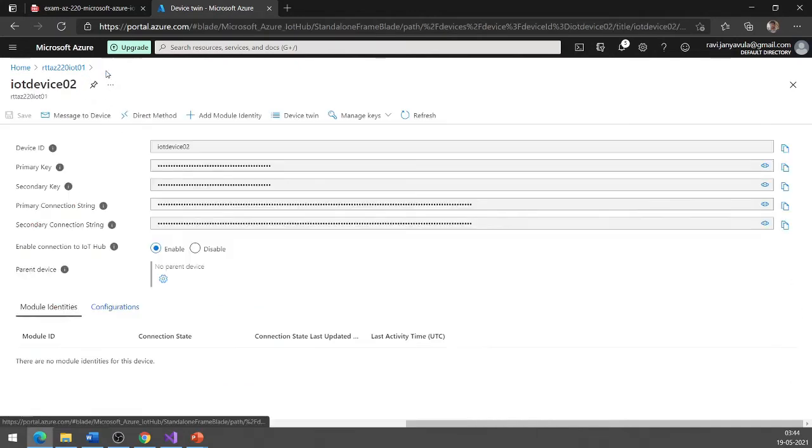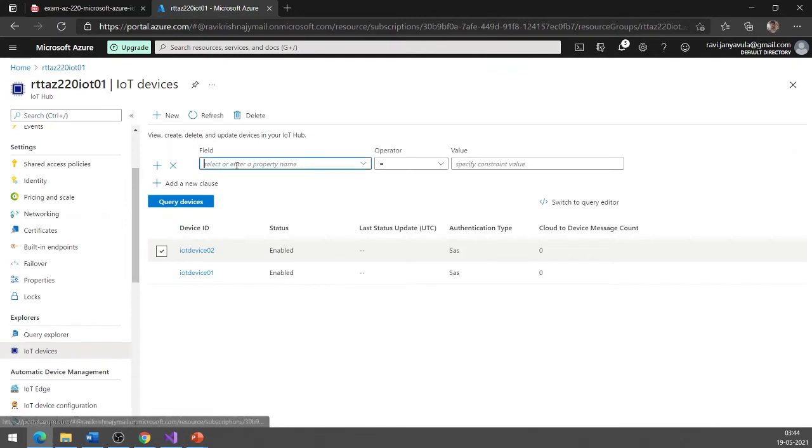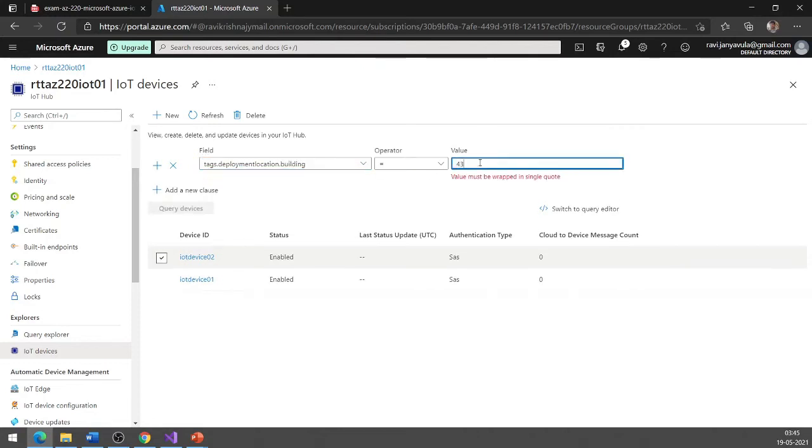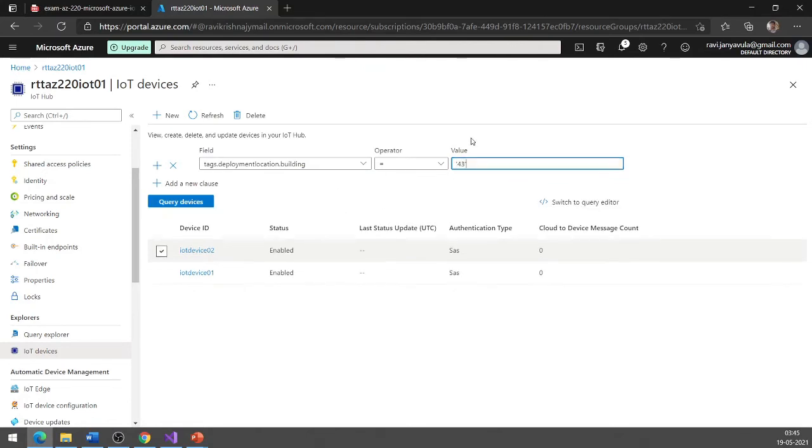After creating a tag, I can just go back here, and to search, I can just say tags dot query.